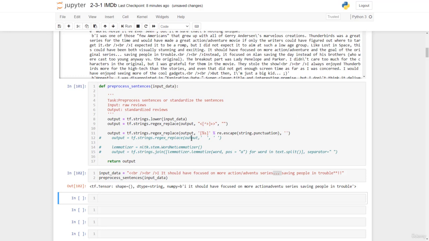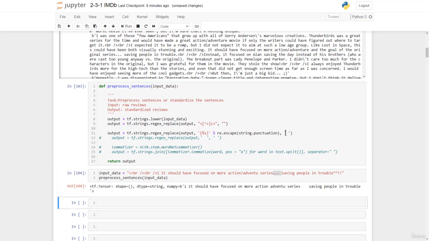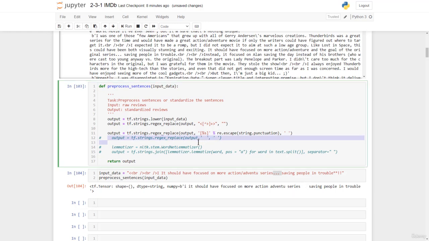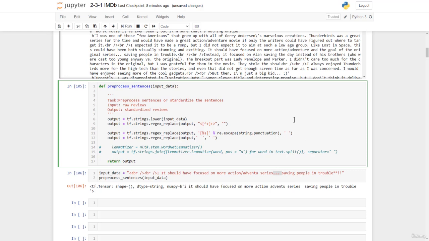Okay, the next step is to replace double spaces with a single space. This was actually for the case where, suppose we had something like this originally. In this case we have some double spaces, and when we have double spaces, they should be converted into just a single space. So we could have this, see, it's converted to a single space. Here we already had a single space, here a double space is converted to a single space, and then finally we